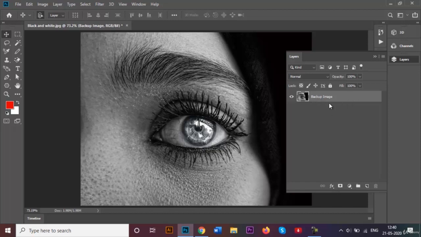As you can see, I have unlocked this layer and I've also renamed it. Now I want to make a duplicate of this layer. So how do I do that? I'm just going to show you one shortcut key. The shortcut key to duplicate this layer is Ctrl+J on your laptop. When you do that, you can see that the name gets changed to backup image copy. I can also rename this to, let's say,